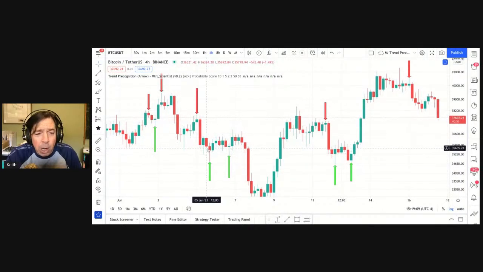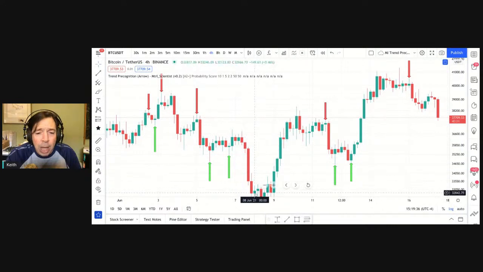Now, because we're talking about the candle lag, remember, this is a 4-hour chart. This signal does not print until this candle closes. So essentially, if you're going to open on this signal, your price is going to be whatever the close price is on this candle. Okay, so that candle looks like it closed at 35,989.